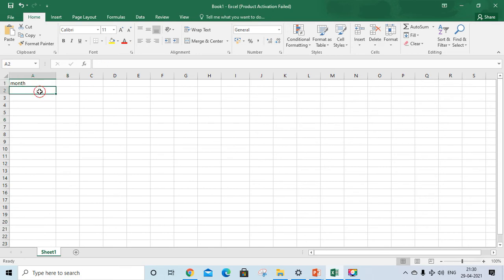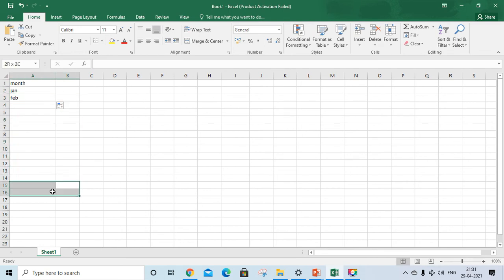Now in this month column I want to type Jan, click enter, then it will go to the next row, Feb. Now Jan, Feb, March, April, May, June, like that, I don't want to type each and everything. So go to the January cell. See, when you go to the edge of the corner of your box, a plus symbol comes. Now bring that down. That means it will copy.